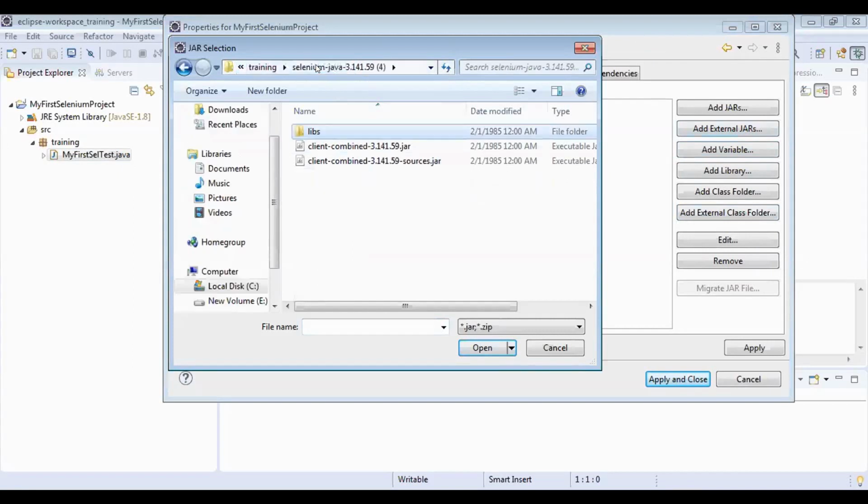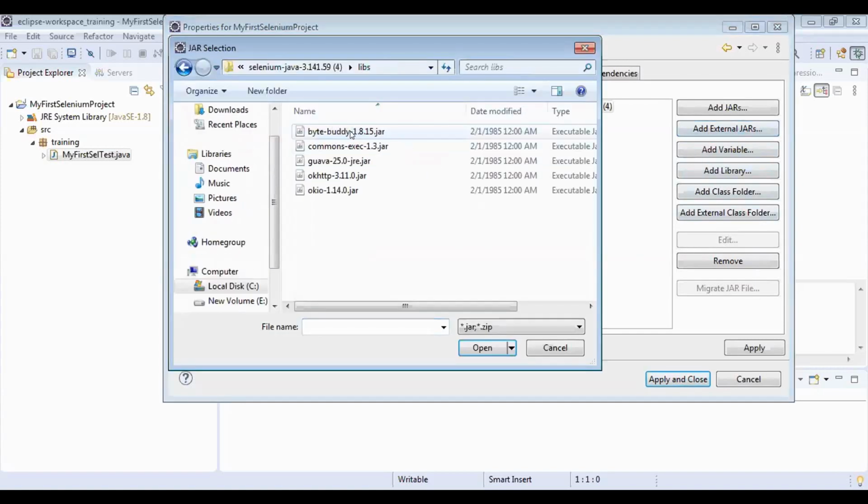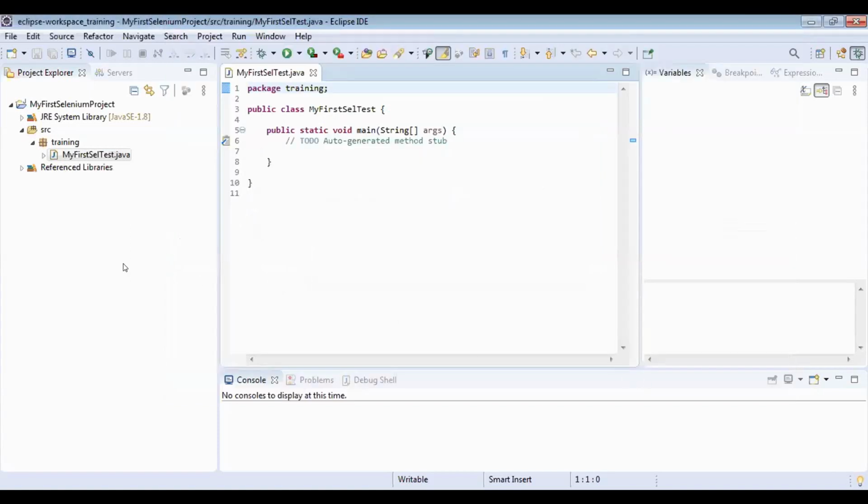I have already downloaded it, so let me add this. Okay, the Selenium jar file has been added to the project.